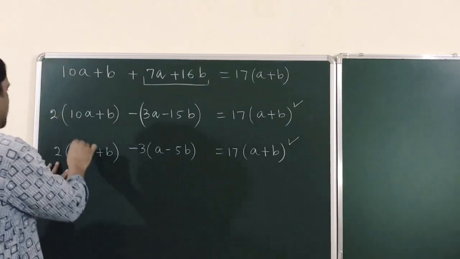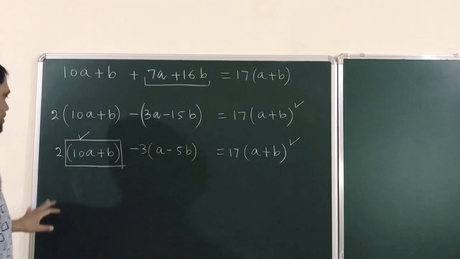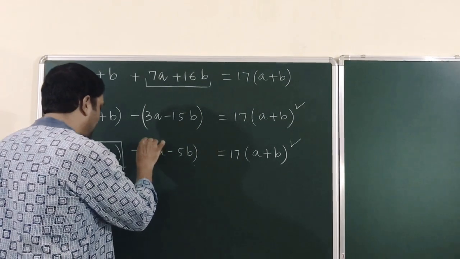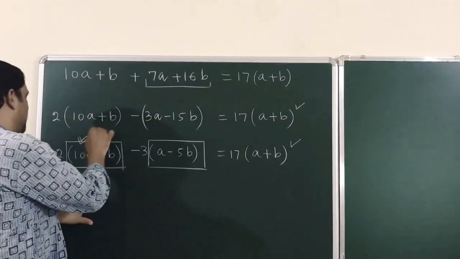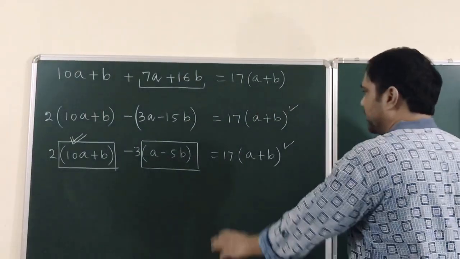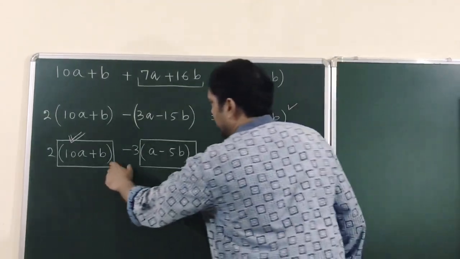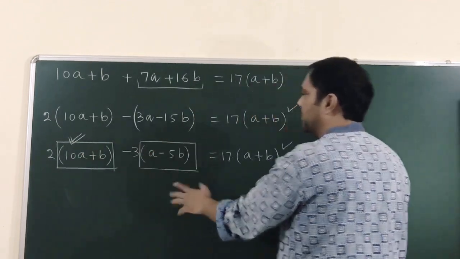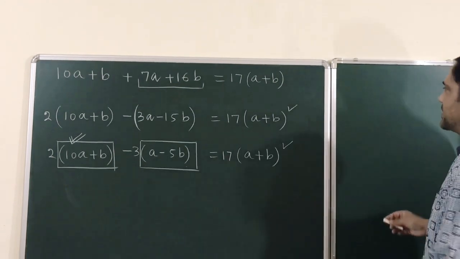So in order to make this number divisible by 17, because there's no harm in making this divisible by 17, because 2 and 17 are co-prime, similarly, if I confirm this number's divisibility by 17, I can confirm this number is divisible by 17. So this is the 17 divisibility we are doing. In order to make this number divisible by 17, if I confirm that this is divisible by 17, then 10a plus b, our original number, is divisible by 17.